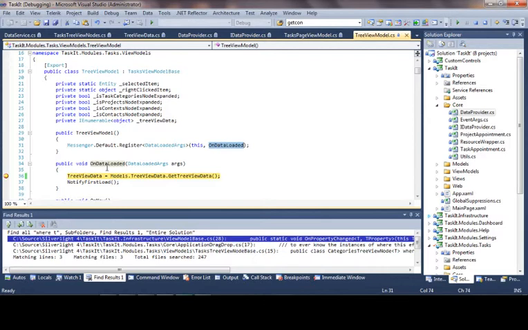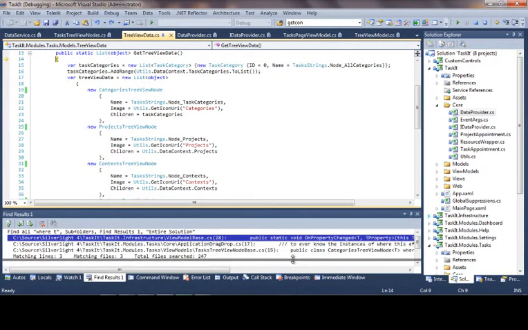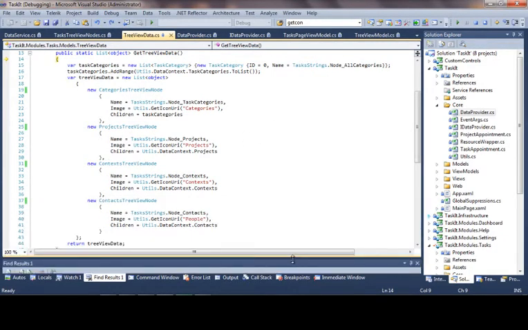Now we've got to actually assemble that data into a structure that we can use in order to bind to the item source of the RAD TreeView. So we're going to call into a method called getTreeViewData. If I go in there, you'll see here that this is where we're going to put all of our data together. So the first thing we're actually going to do is manufacture a task